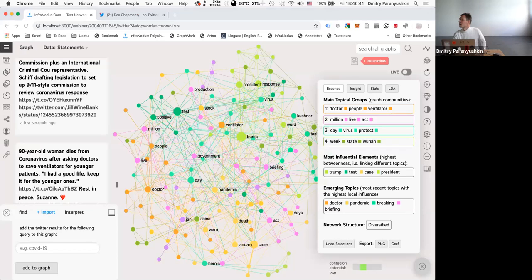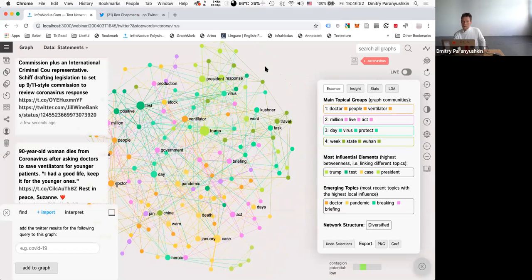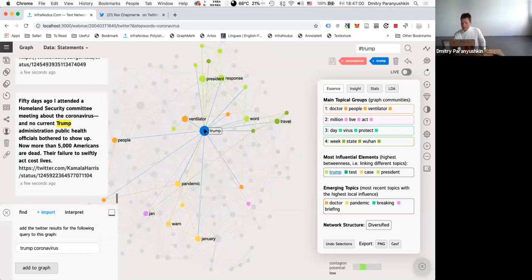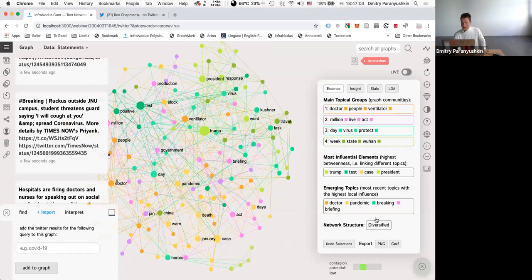Javed is asking, is there any way to calculate centrality measures like closeness, eigenvector centrality, and more for each one of the nodes? Okay, good question. So in fact, you already have the degree and the betweenness centrality calculated for each node. I think it's just not yet shown in the analytics pane, and it's something I want to implement. But if you want to play